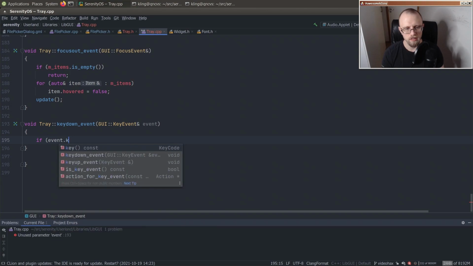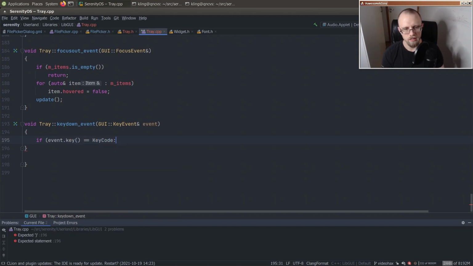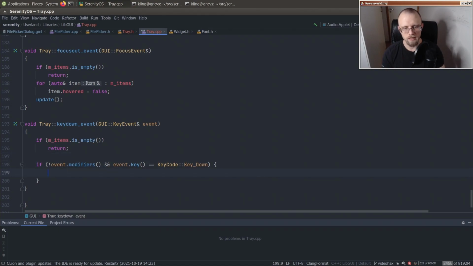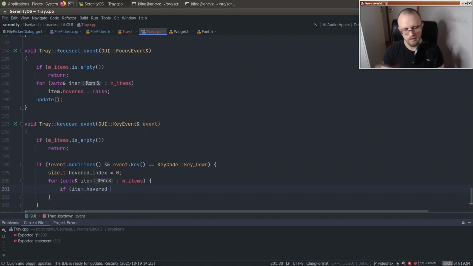if event key is key code key down, if event modifiers, so there are no modifiers, let's say key down and no modifiers. And also if m items is empty, then return, of course. So if you key down, then you want to switch to the next thing. So if we have a hovered index, so let's see, or actually we can do this. Item hovered, then